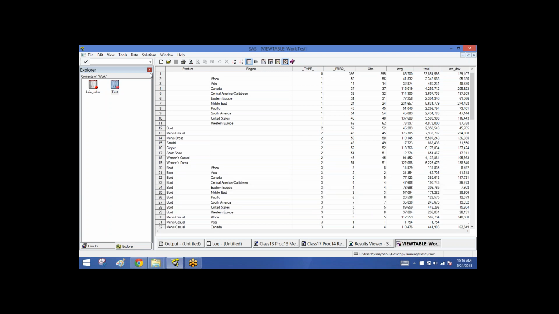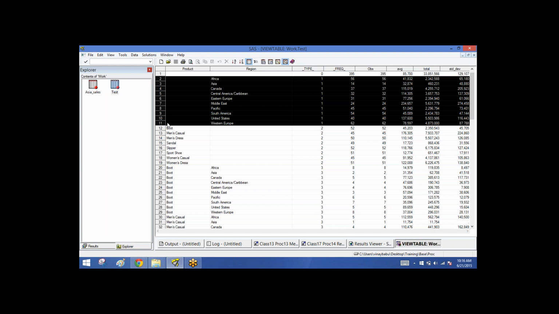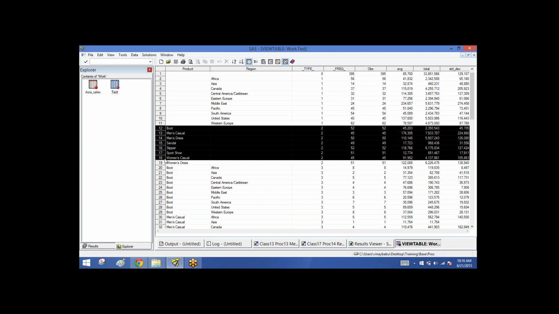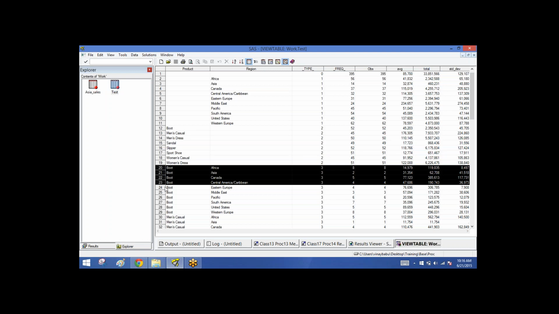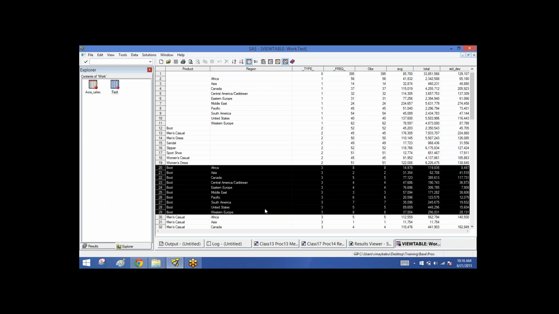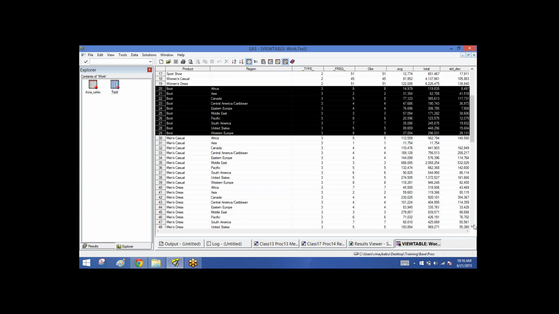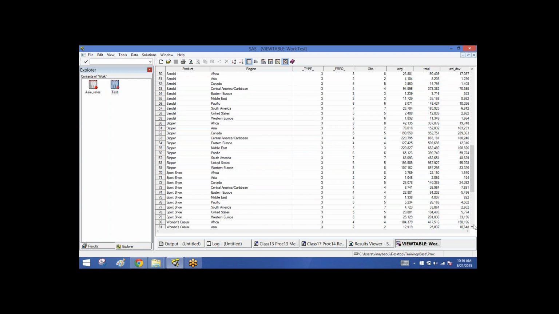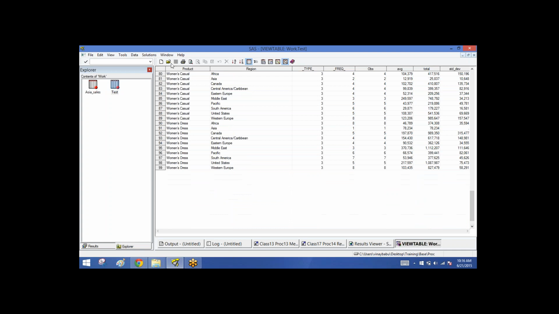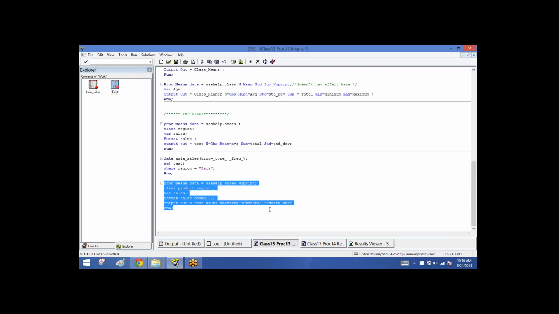So first it prints based on their region, and then it prints based on their product, the total counts, then it does by individual factors. So boots for each country and men's casual for each country, distinctive statistics. And if you see sales,